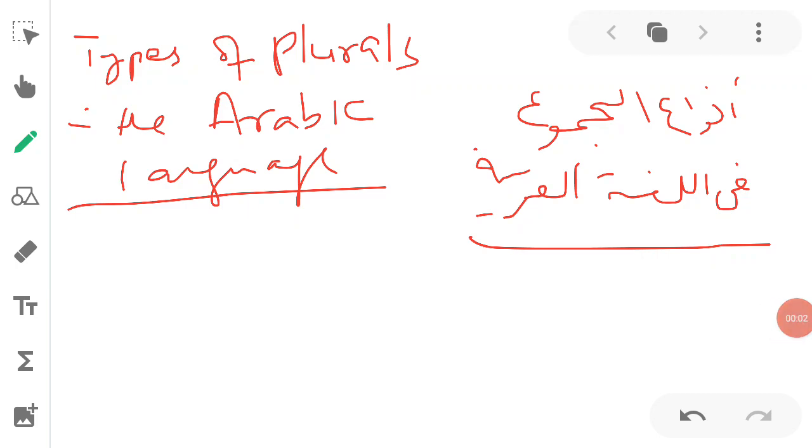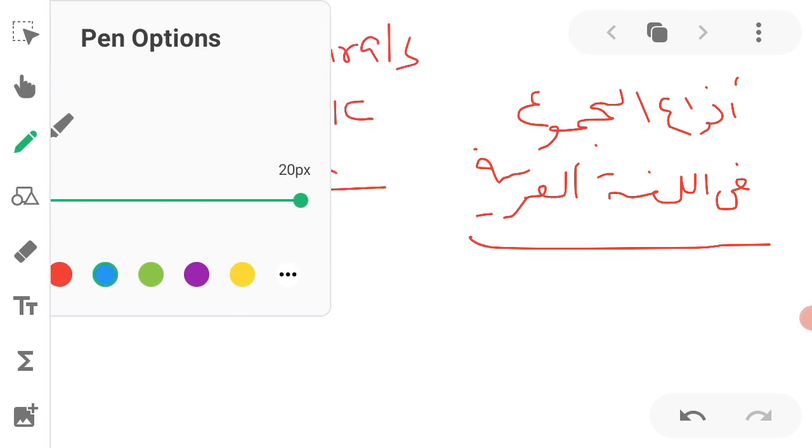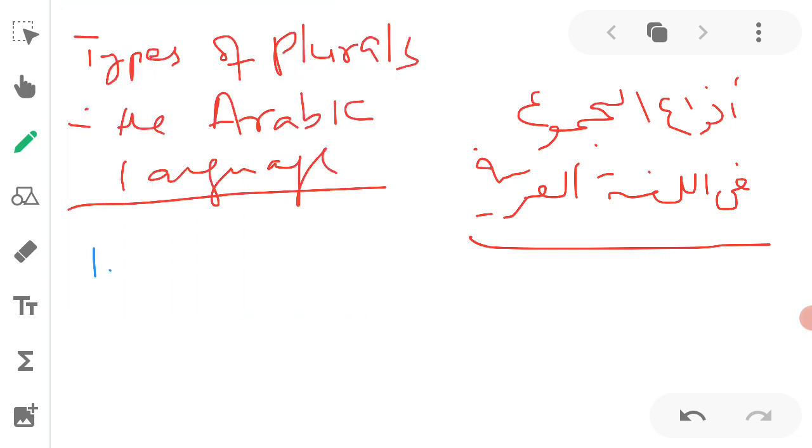Bismillah ar-Rahman ar-Rahim. We're going to talk about types of plurals in Arabic language. And I want to talk about 3 types of plurals. They have subtypes as well. So first is just the normal plural, which is called al-jam'